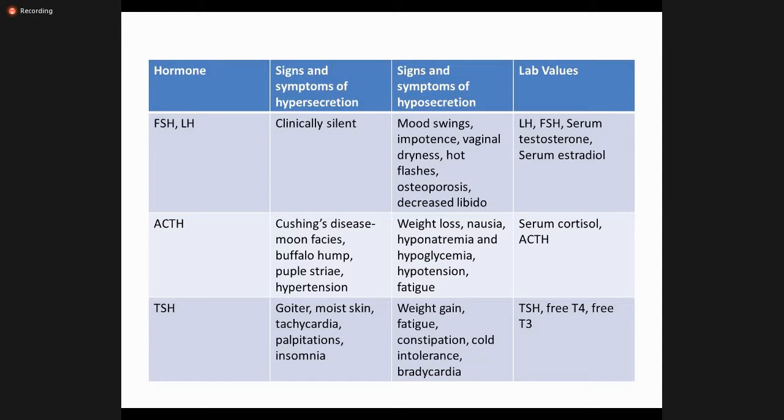And then the third hormone, TSH, thyroid stimulating hormone. When there is a hypersecretion of this hormone, there are the features of hyperthyroidism. That is, a patient has tachycardia, palpitation, anxiety, tremulousness, tremors, weight loss, all these features of hyperthyroidism. When the TSH is hyposecretion, for example, in this left side of the diagram,